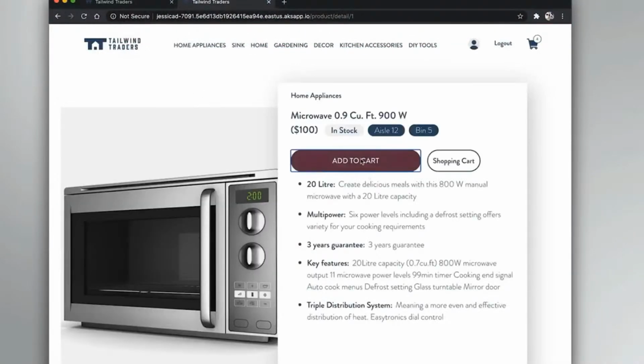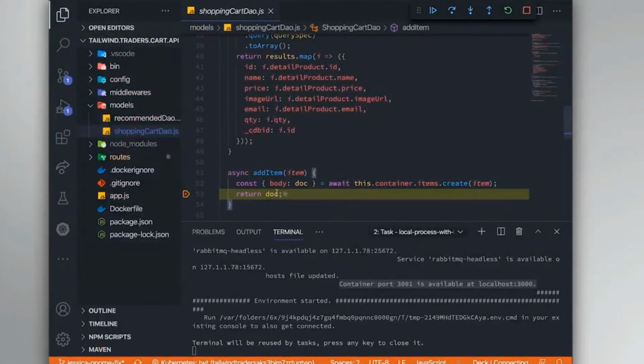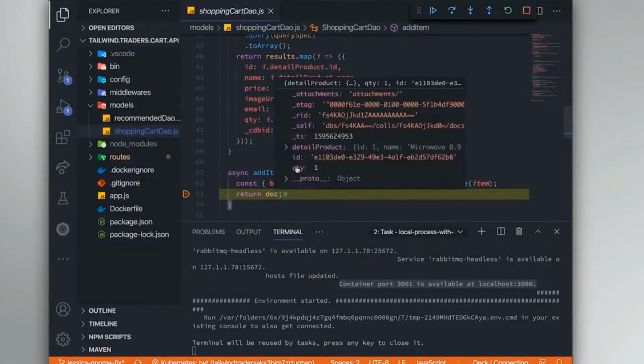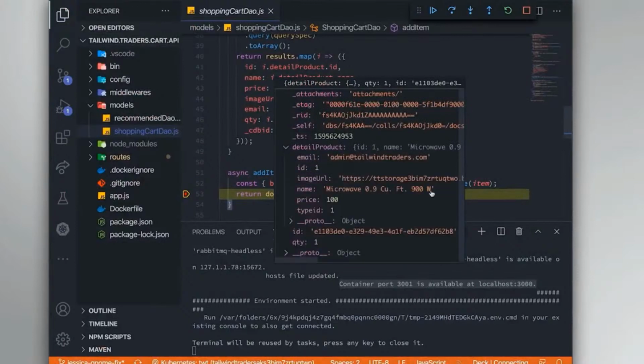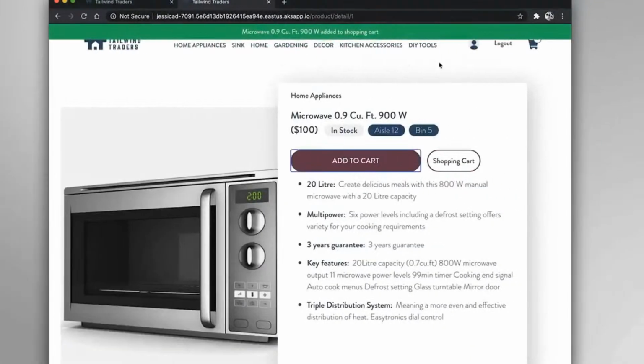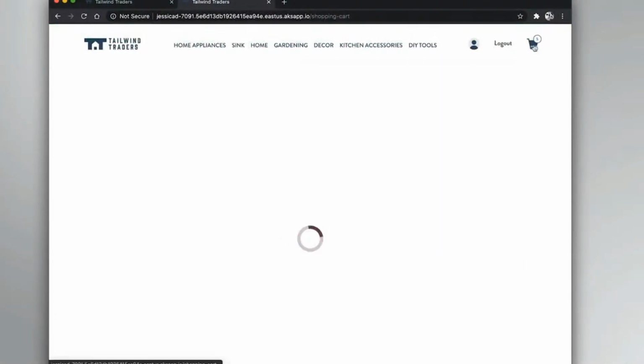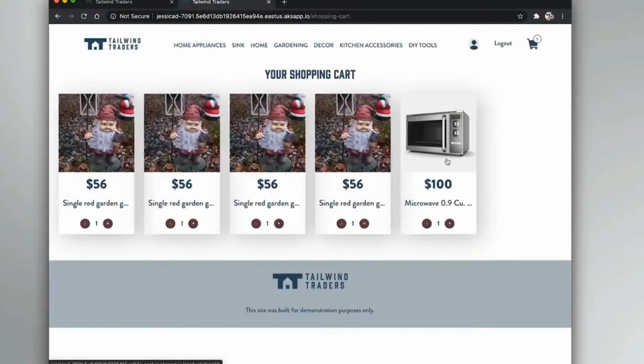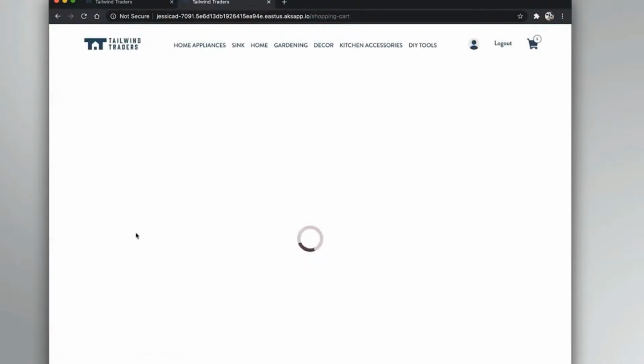Now let's add that microwave again. And if we're lucky, it will be in here. So let's hover over. IntelliSense will do the work for us. Microwave, yes, that looks like success for us. So what are we going to do right now? Well, we are going to check if it's in our cart. Good. And now we will clean up and remove the garden gnomes,